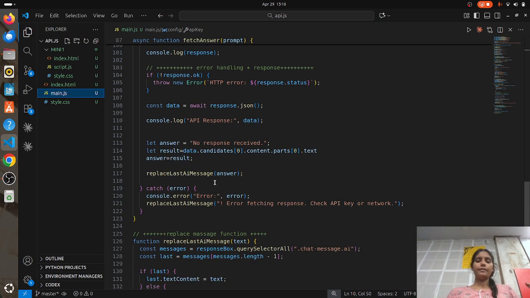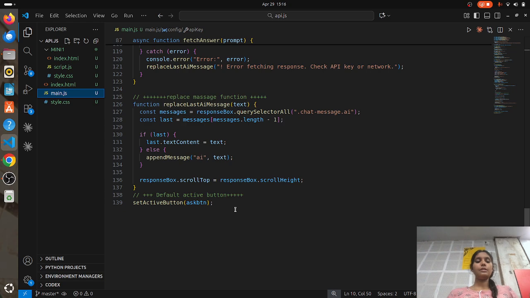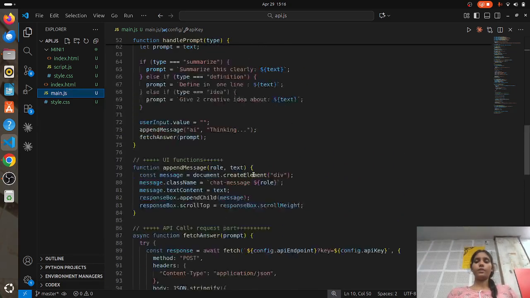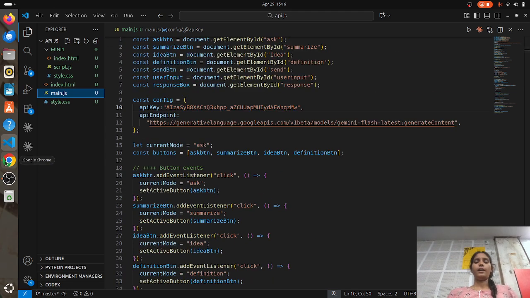Then we take it again in answer. That's why we are calling it here. It will be replaced with the AI text. Okay, so this much is the main work of the summary button, the summary feature.